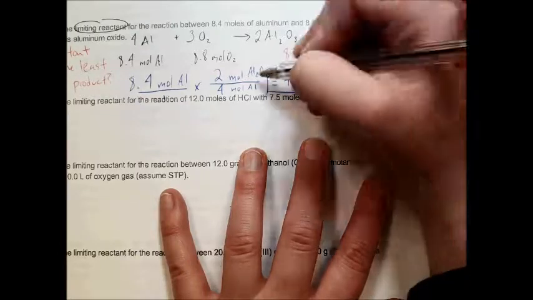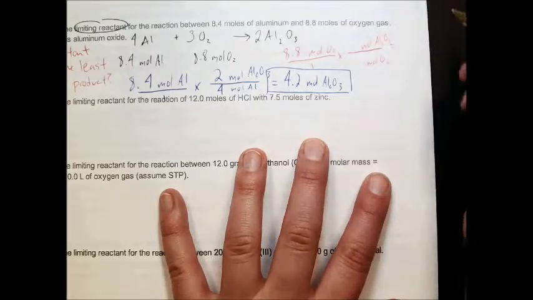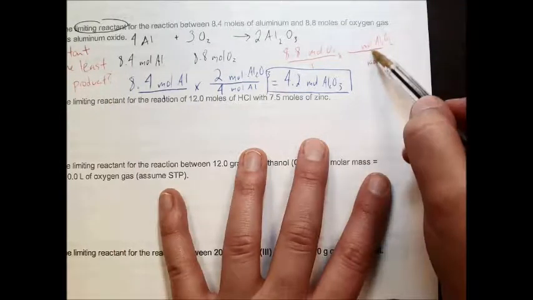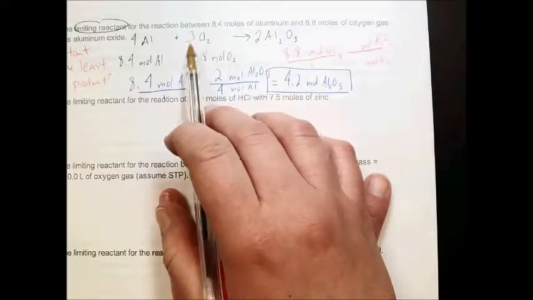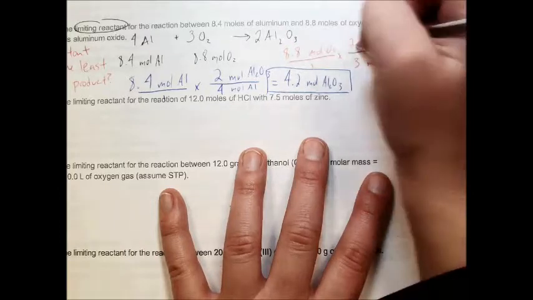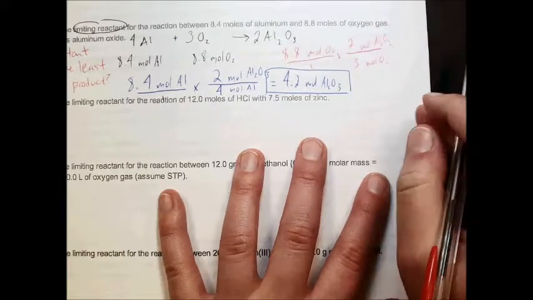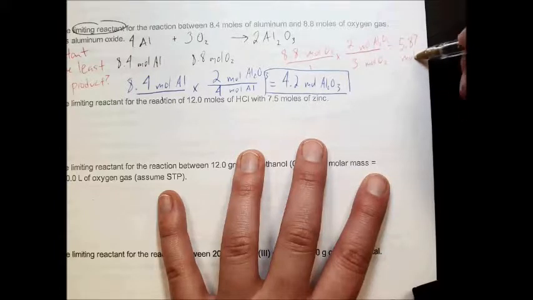I want to be left over with moles of Al2O3, so I'll write it on the top. To fill these numbers in, I'm going from moles to moles, so I just look at my balanced equation. Moles of O2 has a 3, so I'll put that there. Al2O3 has a 2, I'll put that there. If you plug that into your calculator, you should get about 5.87 moles of